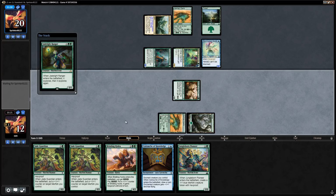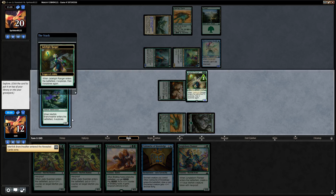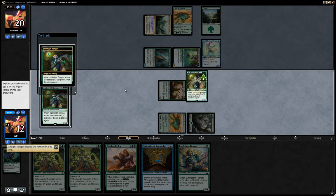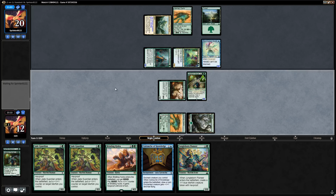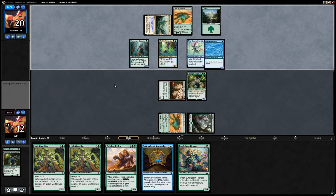And we're pretty much bottoming anything that's not a land. So I guess that means we pretty much bottom anything, since we would draw the land. So Branchwalker graveyard, and another Ranger graveyard. So not the best reveals, as we're desperately looking for lands, but I guess we did put a 4/3 in play which can block the Mistbinder, and our opponent's missing blue mana, so they can't actually play Unsummon if they have it. Another Herald,